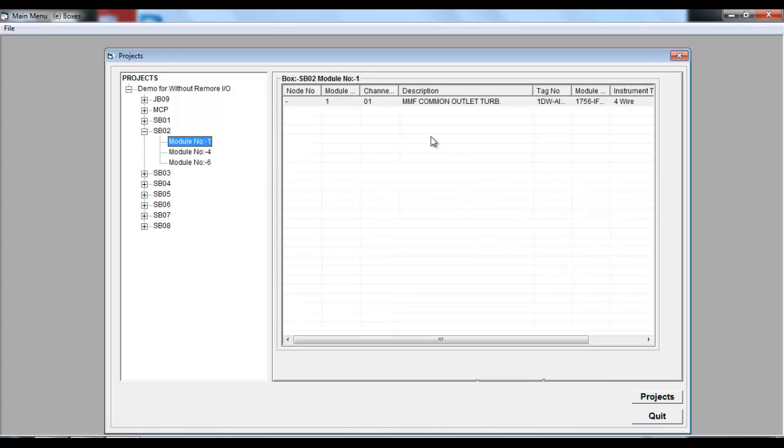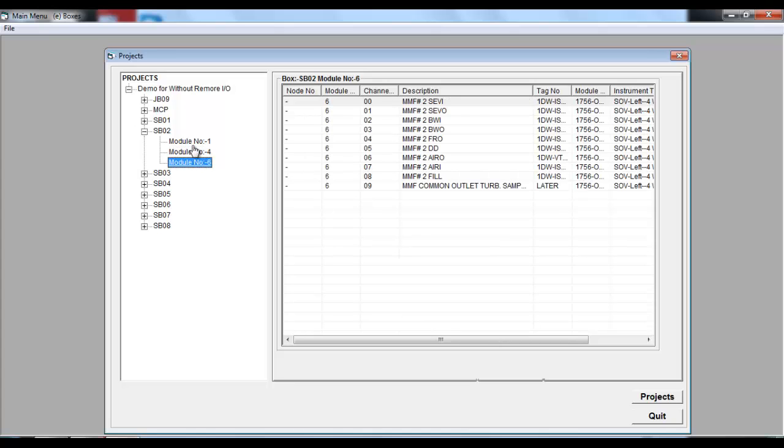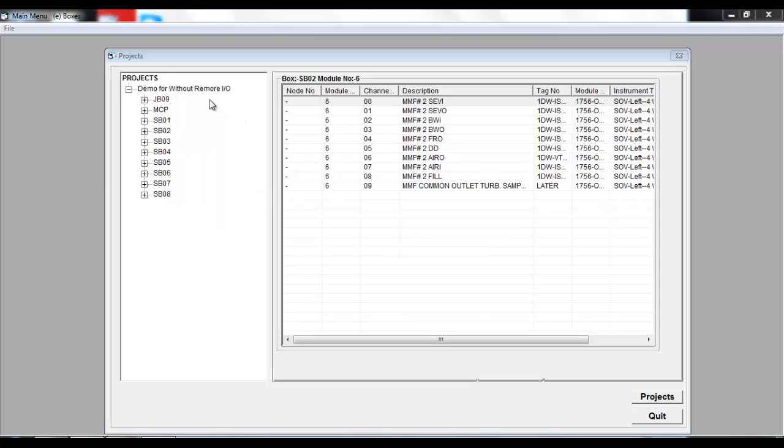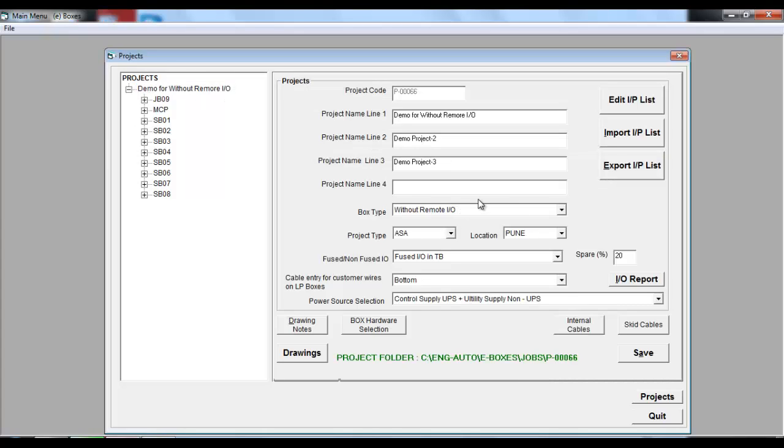Now this is the data which is imported from Excel. After importing, it is properly sorted out box-wise here, and you can see what different modules are there in each box. So this is just a view in which you can see what modules are there in each box. After importing the Excel list in the software, a few more inputs can be given, like